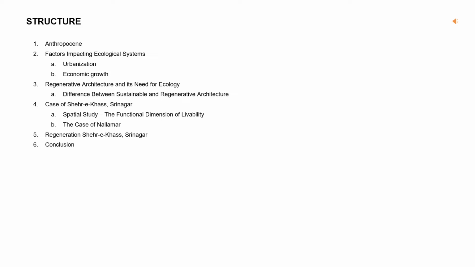The structure of the research paper goes as: first we will study the background study for the research paper, which will include the first chapter, that is Anthropocene. Then we will discuss the factors impacting ecological systems, the main two factors being urbanization and economic growth. Then we'll discuss regenerative architecture and its need for ecology, which will cover the difference between sustainable and regenerative